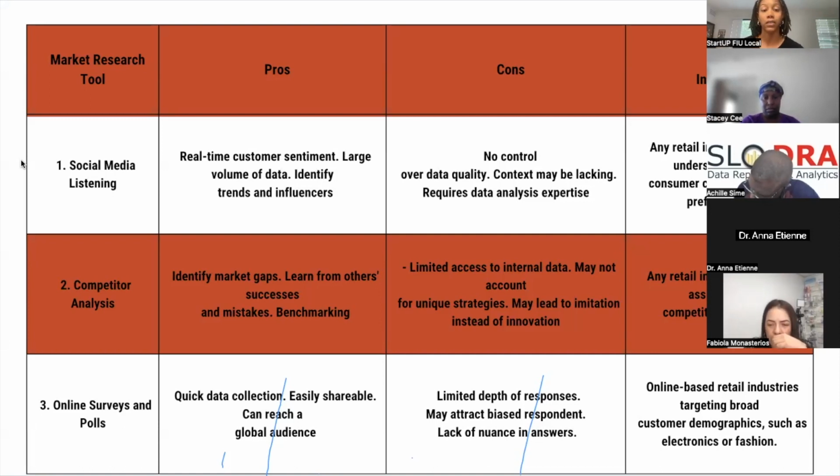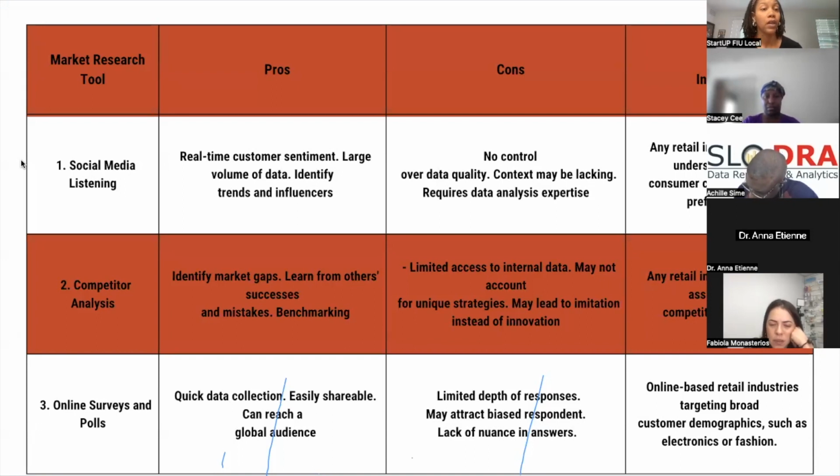Unless you're utilizing the ad campaign functions in your social media, it may be a little intimidating to go in and look at the analytic information from your ads, or even to understand what they mean towards defining your target audience. But the retail industries that can utilize social media listening are pretty wide. Almost every faction of retail is able to utilize social media in one way or another to understand online consumer